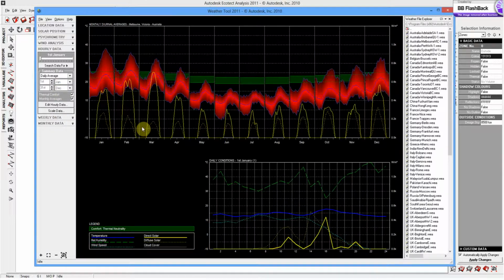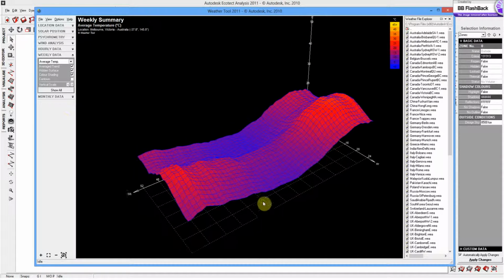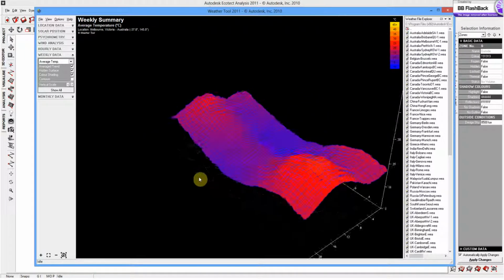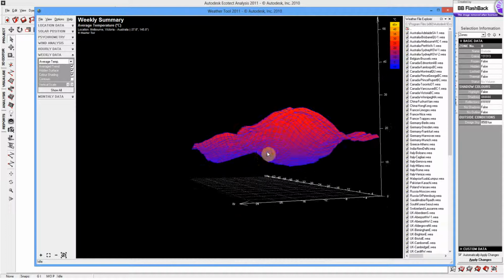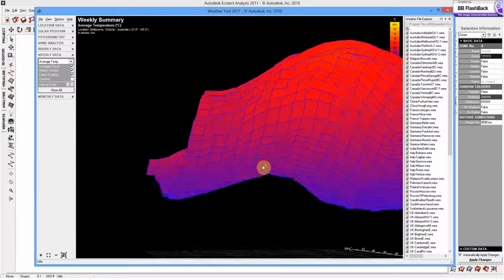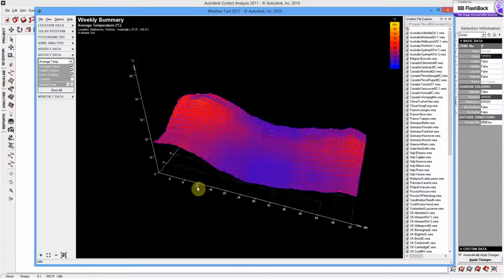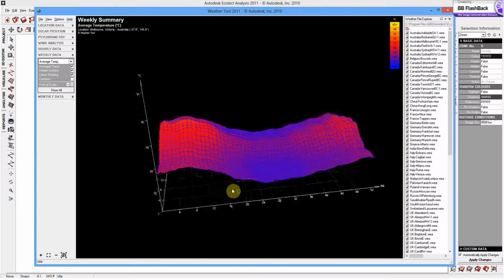There's hourly data which is available, and then weekly data. This is a quite interesting graph for year round. We can manipulate this by clicking on the right side of the mouse, and have a really close look at a particular time of year, but basically that's the average temperature for Melbourne throughout the year over the 24-hour period,